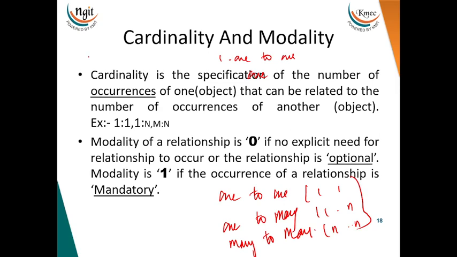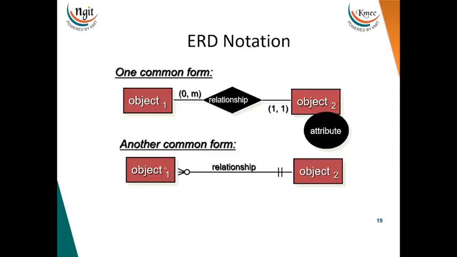This is our cardinal relation, which specifies the number of occurrences of one object that can be related to the occurrences of another object. This is the cardinal relationship. It is represented as 0, meaning no occurrence is involved, and 1, meaning they occur in one relation. Here, in the entity relationship, I just told you one object is related to